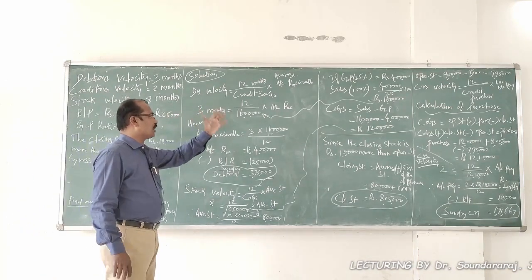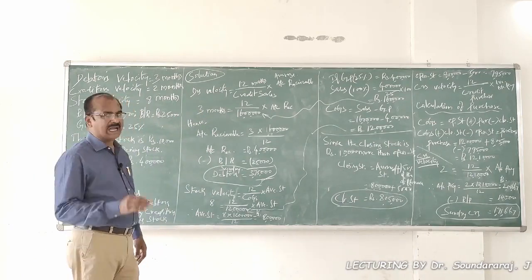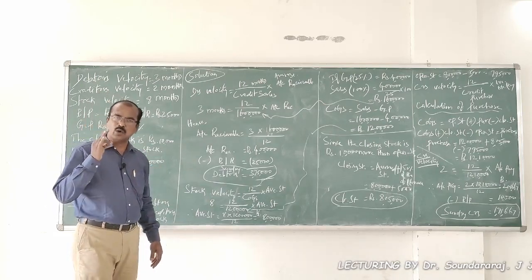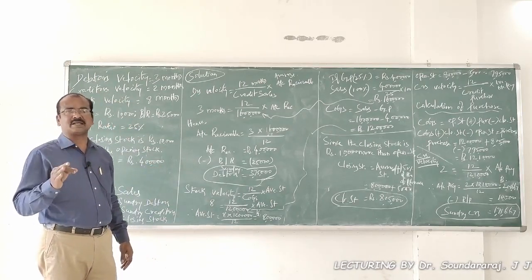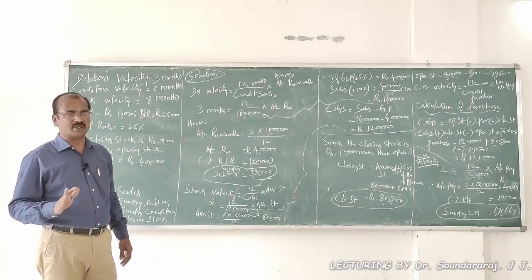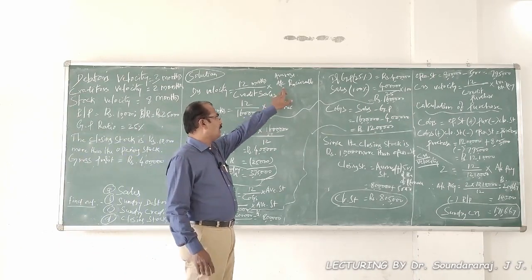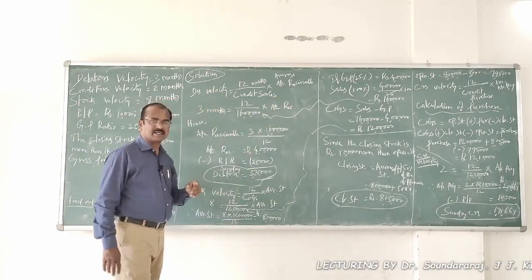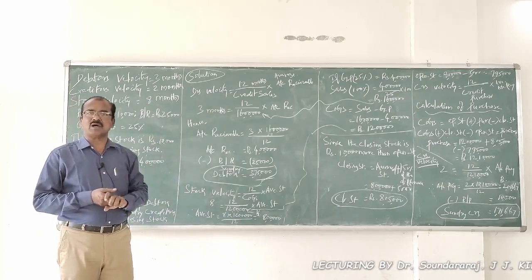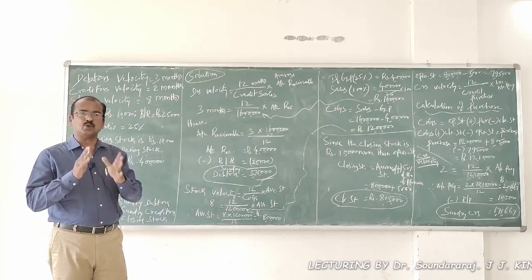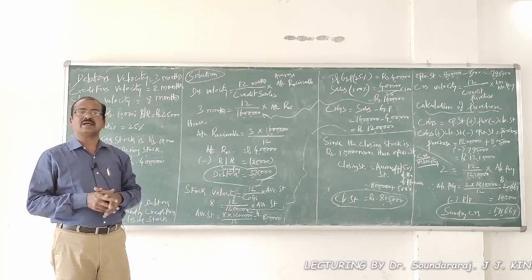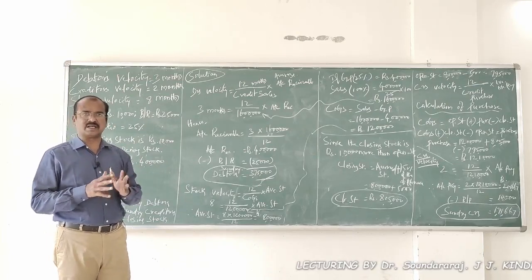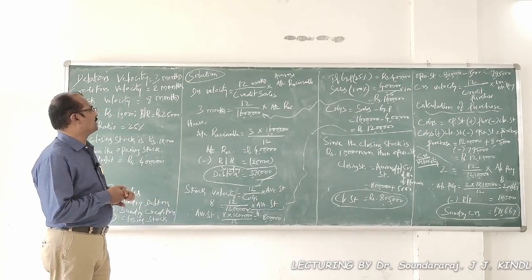The formula is 12 months divided by credit sales into average accounts receivable. In the absence of information about opening accounts receivable, that's nothing but opening debtors and opening bills receivable, you can very well place closing accounts receivable here. Then what about credit sales? In the absence of information about cash or credit sales, you are allowed to make an assumption that the total sales of the business in the given period is credit sales. This is the perspective. Fine.